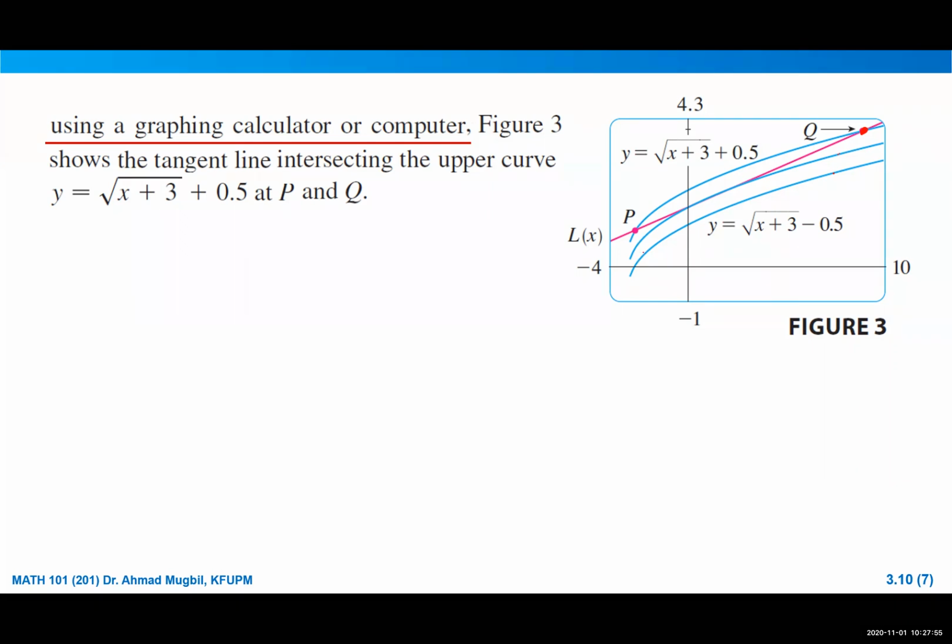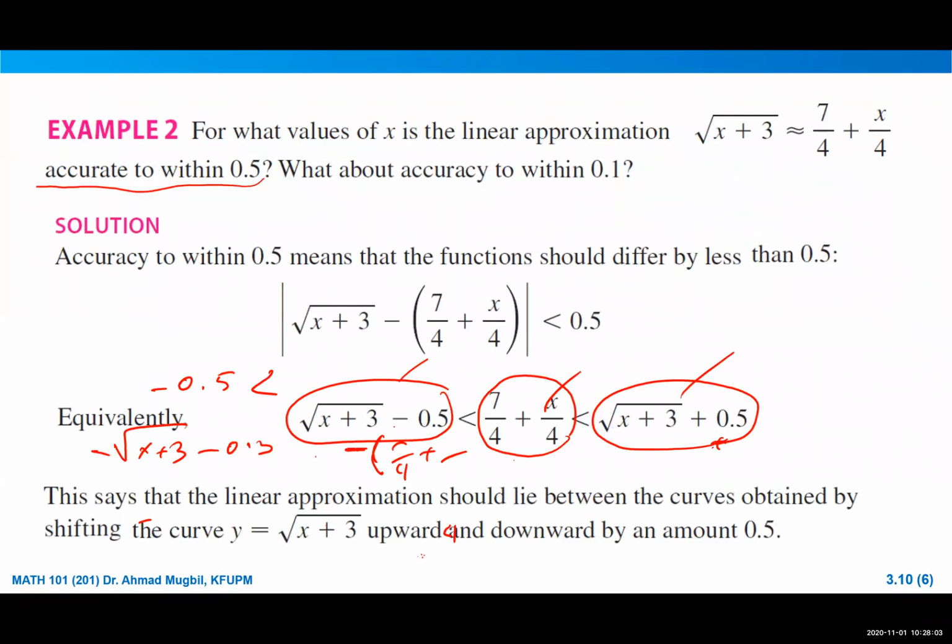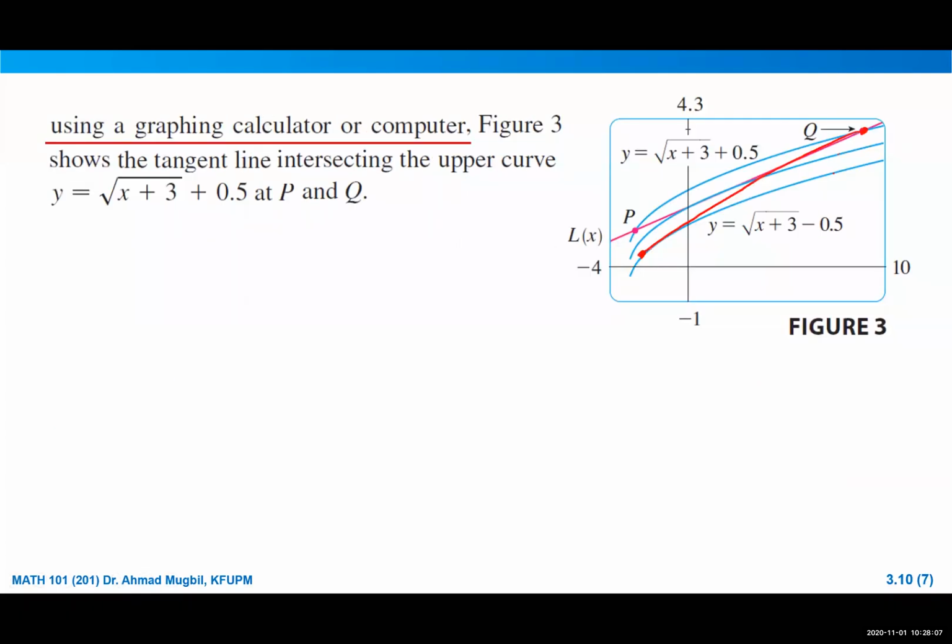Why is it mentioned here? It should be here, it should be like this, between, because we said that we want it between minus 0.5 and plus 0.5. So the minus is here. So I think it is not true to have it like that. Anyway,